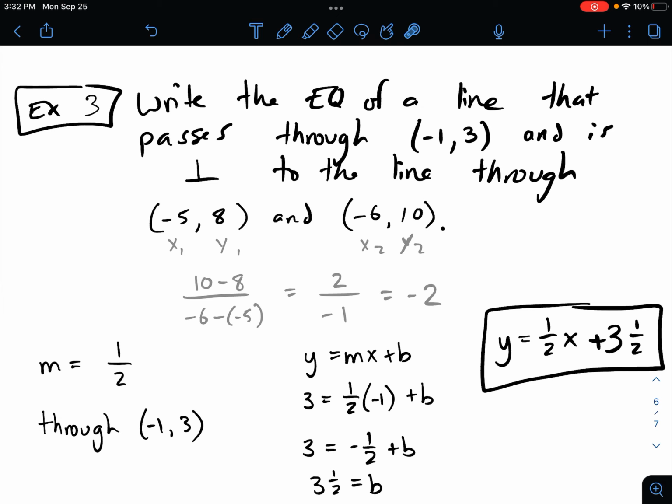So again, if you went on Desmos and you graphed these 3 points and you graphed this line, you'd be able to see that this line is perpendicular to the line that goes through these 2 points, right? Because again, look at the slopes, 1/2 compared to -2. Those are opposite reciprocals, so they're perpendicular. And then it will go through this point because we just found the equation, right? We plugged in these values and found that equation, all right? So that's how you work with perpendicular lines. Very similar to how you work with parallel lines, just have to remember that perpendicular lines have opposite